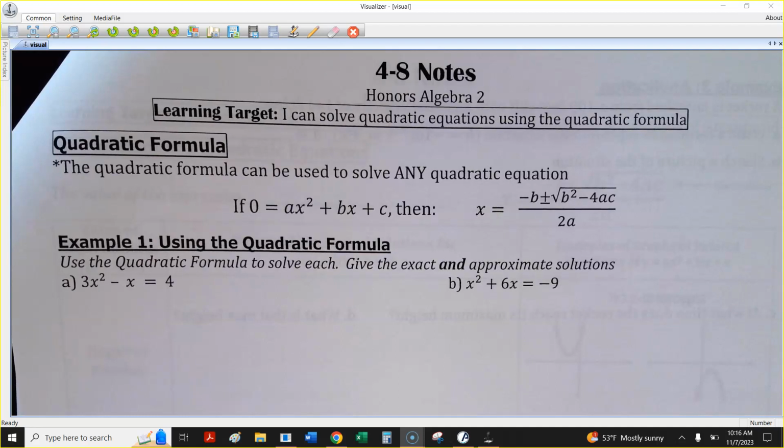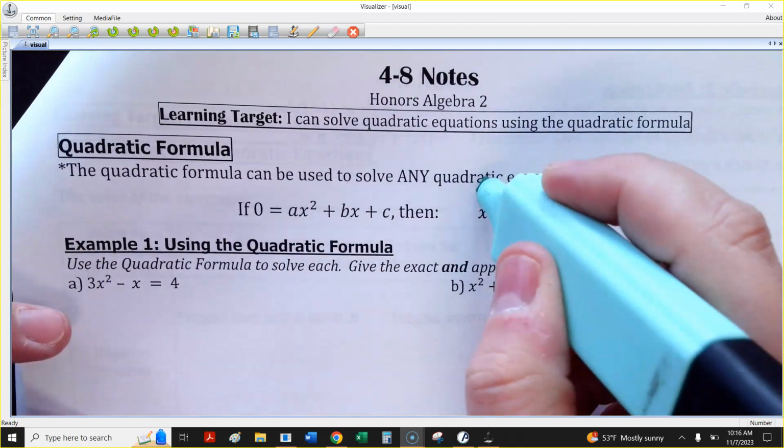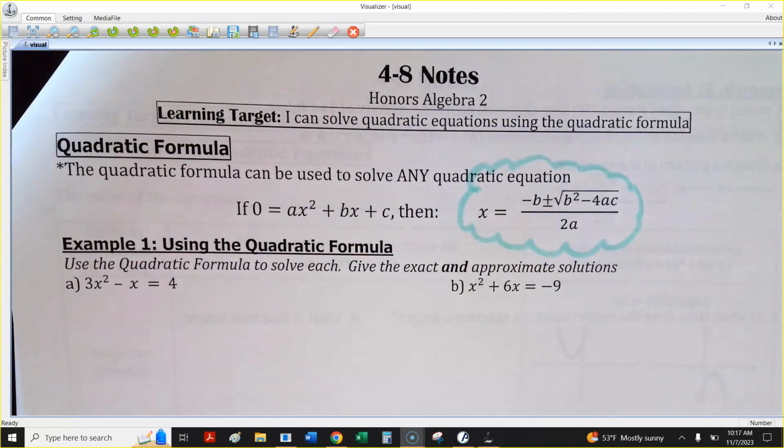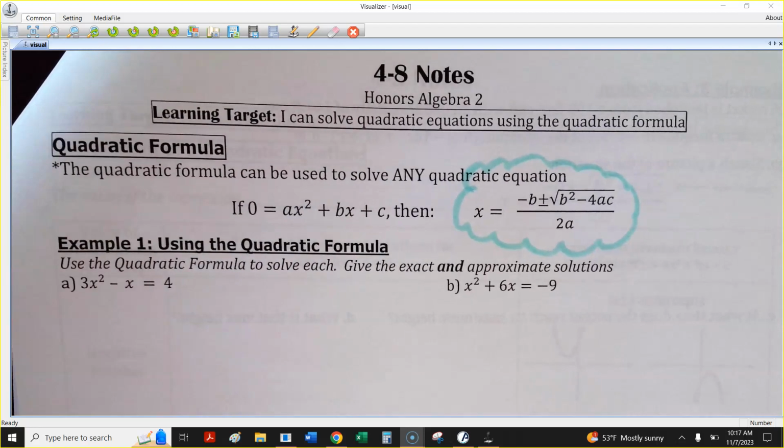For you up here at the top of the page. So you don't have to write it down, which maybe I should have had you do just so you can remember it better. But this guy right here, your zeros or your solutions or your x values for a quadratic equation can be solved using the quadratic formula in any situation. You don't have to be able to factor it. You don't have to be able to complete the square. You can solve any quadratic equation using this. You just got to identify your A, B, and C values. And so to do that, you got to make sure before you start,